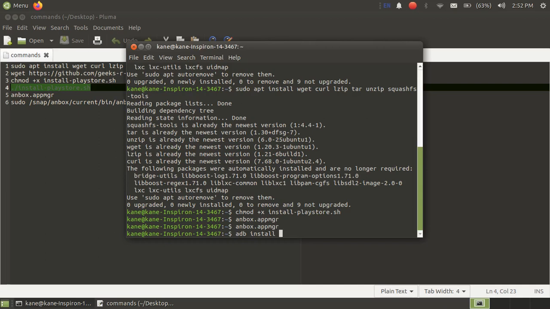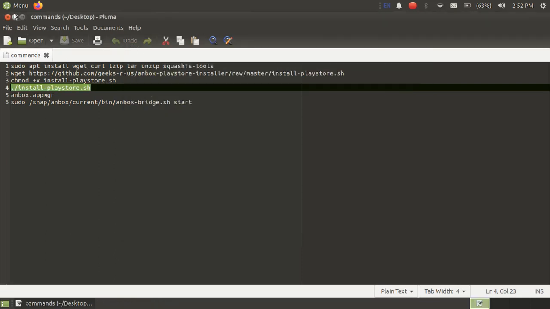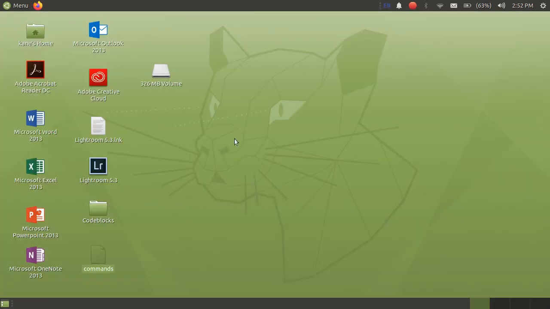But I don't think there is a need to use this command because we already have Play Store installed. Just connect to the internet and sign in to your account and your job will be done. So yeah, we have successfully dual booted Android, and we can download games in the Android emulator.